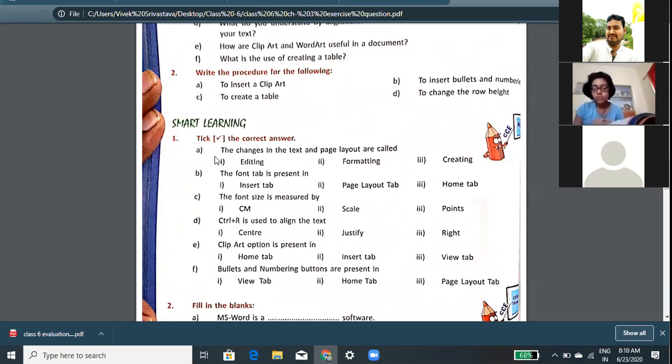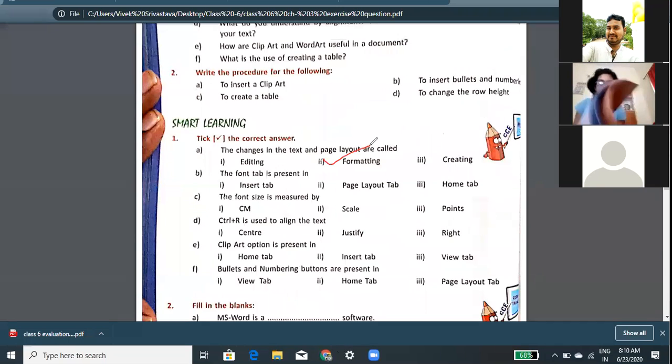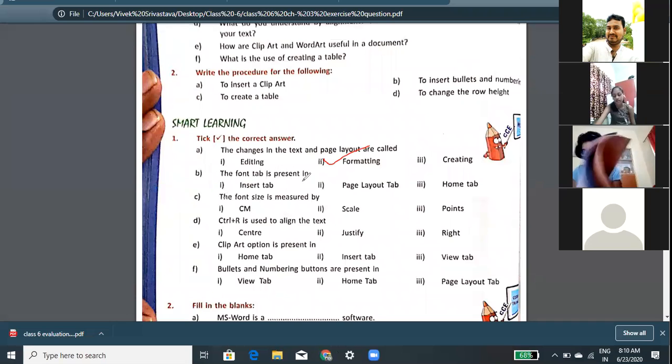The change in the text and page layout are called. Give the answer fast. Formatting. Answer is formatting. To change the text and page layout are called formatting. Okay. Now the font tab is present. Page number 56. The font tab is present in